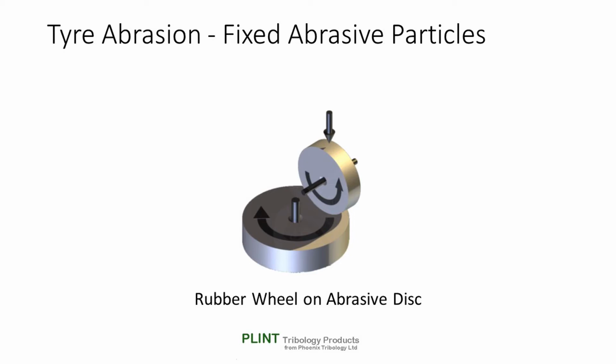The ISO standard 23233, rubber, vulcanized or thermoplastic, determination of resistance to abrasion using a driven vertical abrasive disc, is a standard test used for tire rubbers. This standard test involves loading a rubber wheel sample against an abrasive disc with an imposed load and slip angle. Hence the geometry is similar to the Tabor abraser, but with the specimen and abrasive components